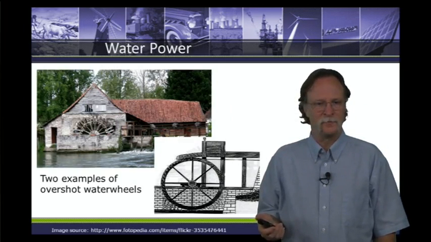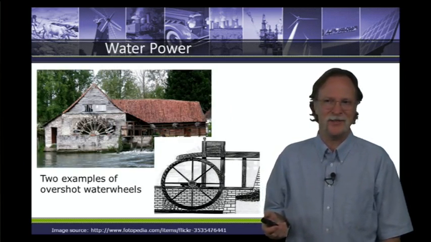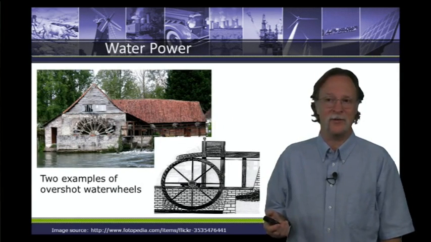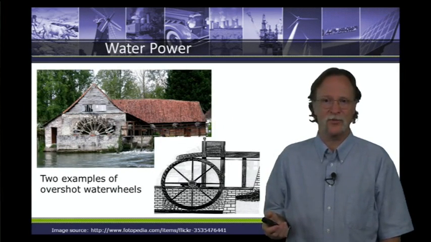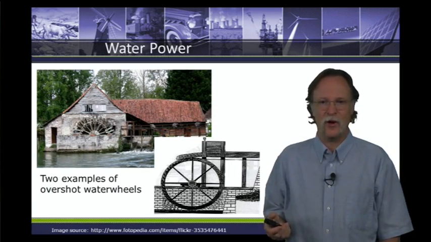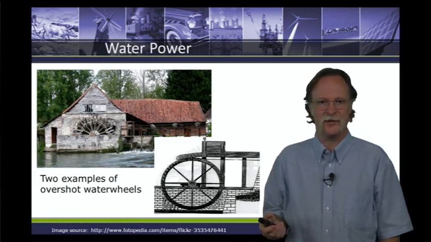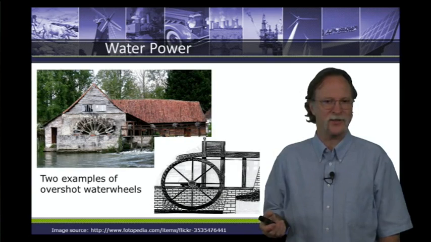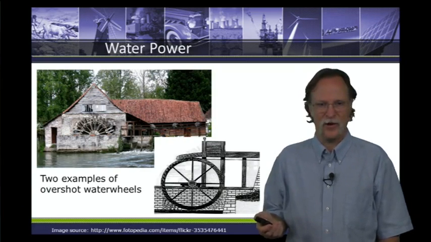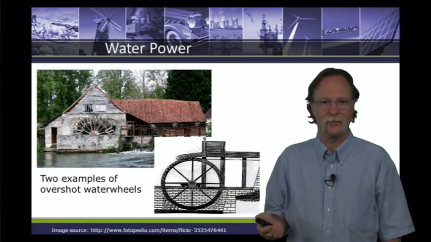How about water power? Well, how many times you see cities spring up? I mean, look at a map. They're on the borders of oceans, on the borders of rivers. It's because you had water power for energy and transportation. But here we have an example. The drawing to the right is an overshot water wheel where the water comes in over the top. And I think you can't really tell, but the actual picture, I think that's stream flow, where it's not a dam, but the force of the water moving hits the bottom of the water wheel. And that can grind grains or even run a lumber mill to saw wood.